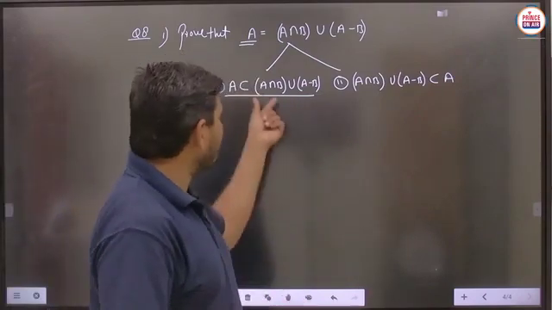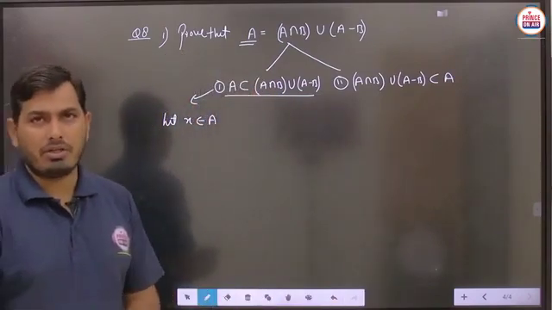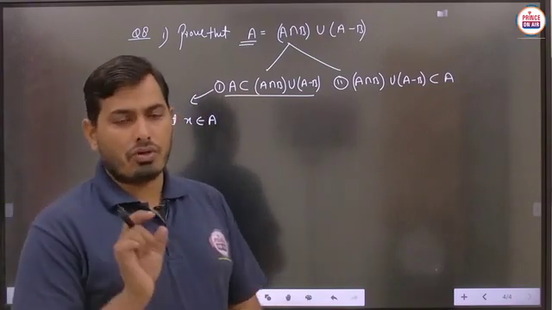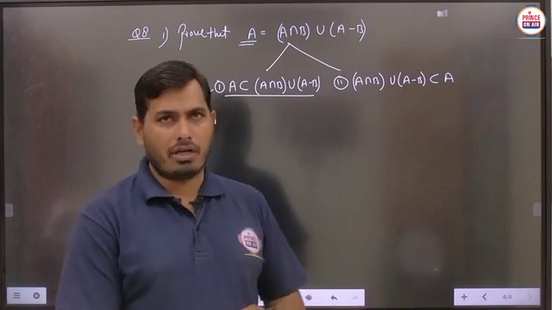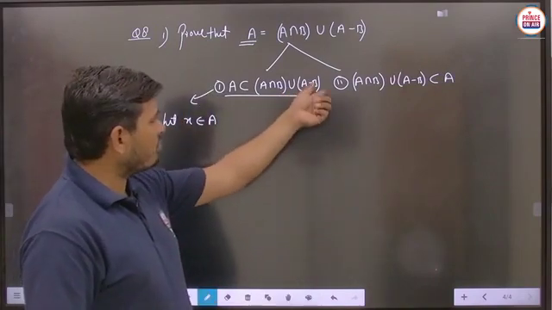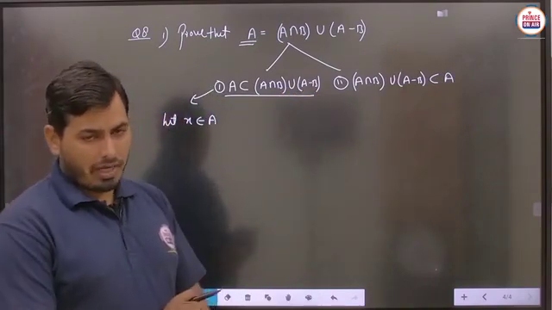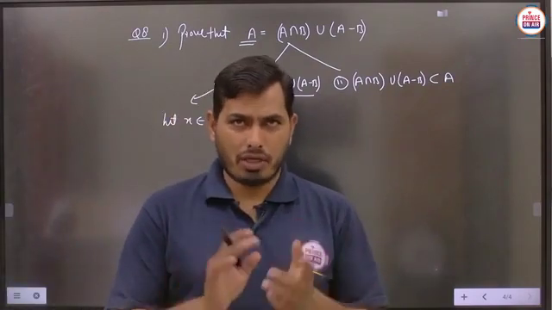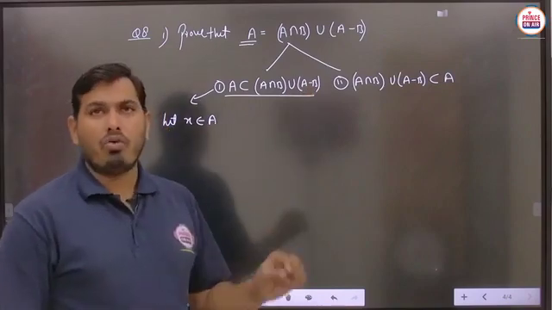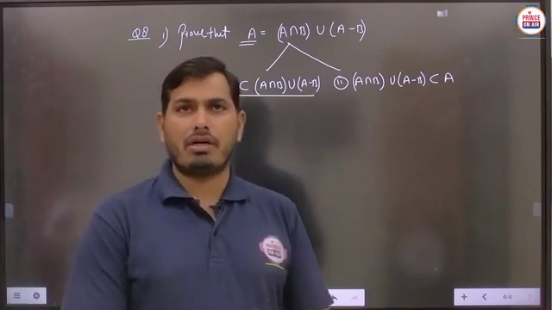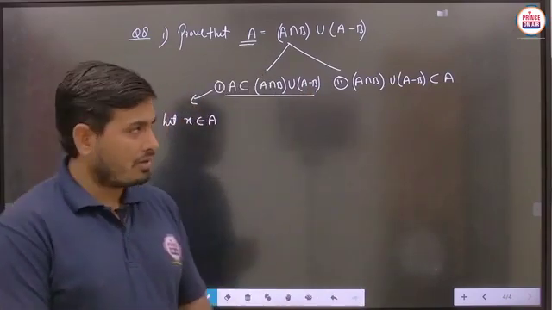So here is the intersection operation. In the case of intersection, students, you know very well that the elements which are common to both the sets are to be written, and union here is given with A minus B. I think each and every student knows very well about A minus B. A minus B is always represented as the elements of A which are not common. Is it clear?